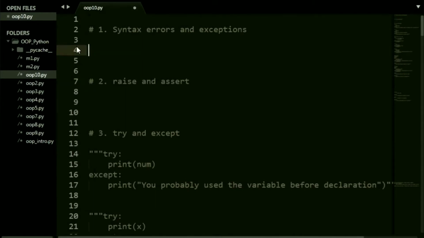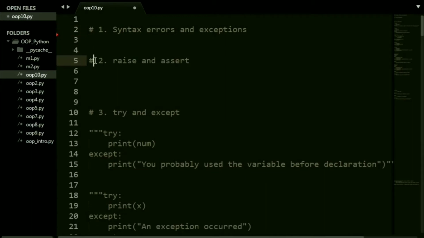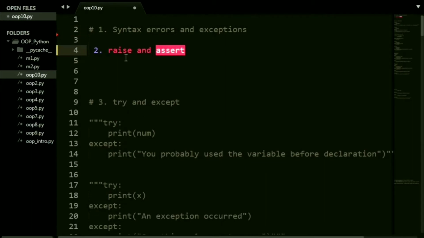There are quite a lot of ways to do it, and the first two that I want to show you are raise and assert. So raising an exception is basically you are throwing the error, or rather you're just printing it on the screen for the user. Now let's say you're playing the guessing number game and the user is supposed to guess a number from 1 to 10. So I'm just going to take an input saying num is equal to